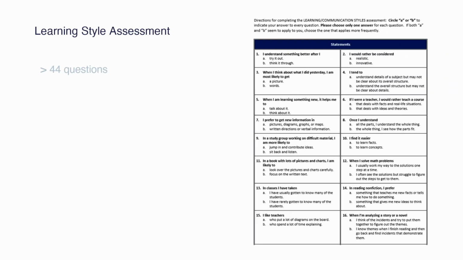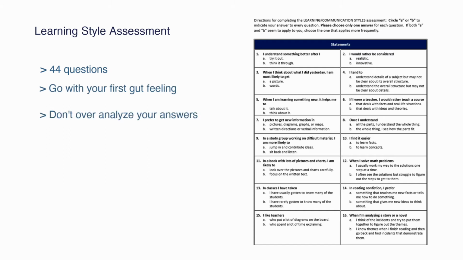There are a total of 44 questions to complete in this assessment regarding learning styles. Respond to each question with the best first option. Do not overanalyze your answers. When going through the question, determine which answer is best. Go with your first gut feeling. Again, don't overanalyze. Spend a maximum of 8 to 10 seconds per question. Read the question, choose, mark an answer, and go to the next question. Repeat this